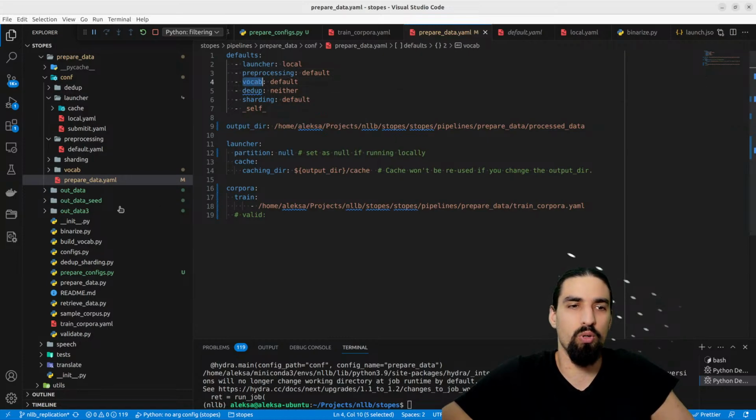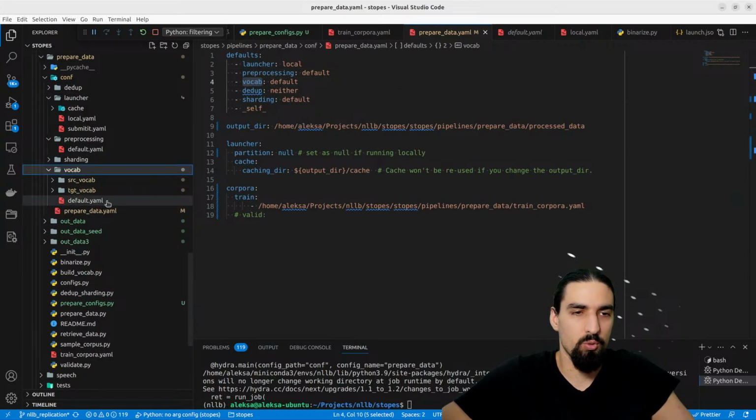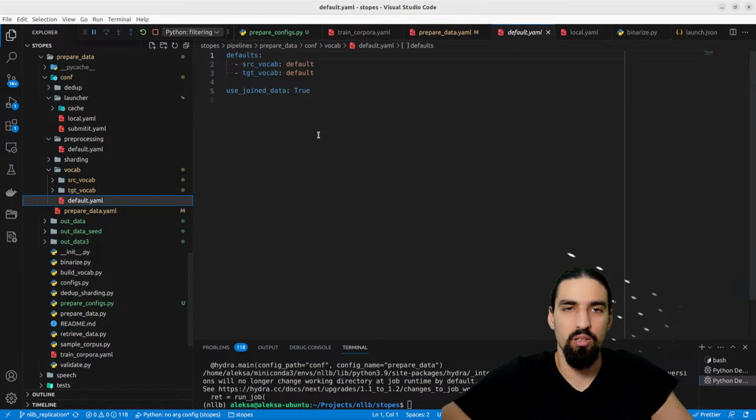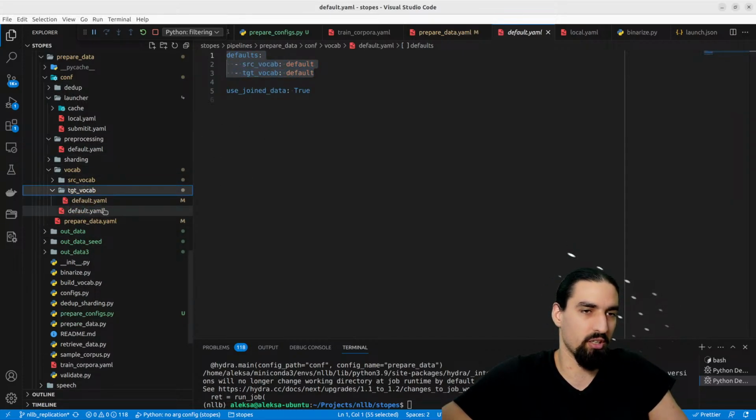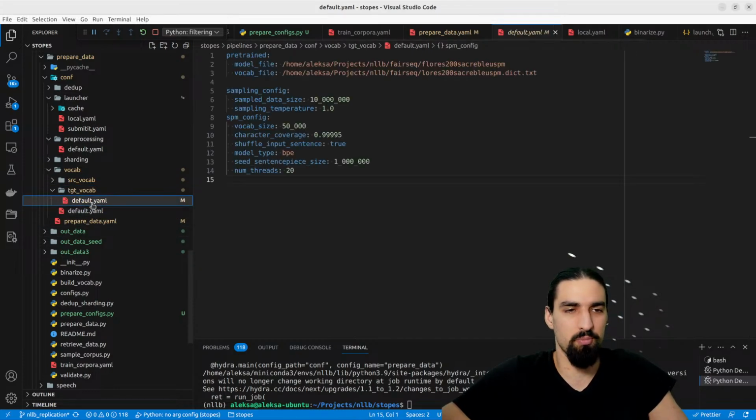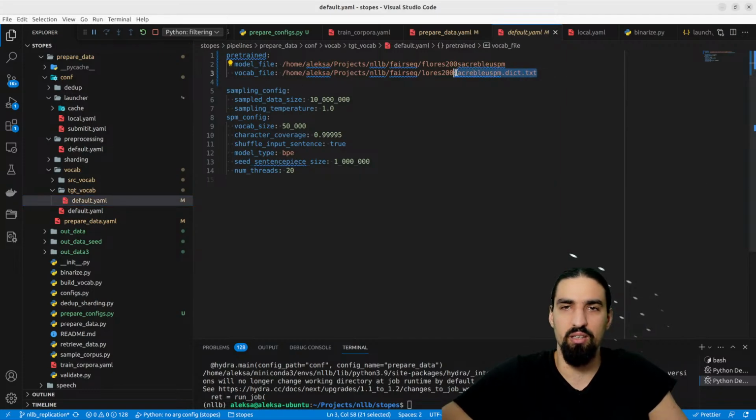Then let's go to vocab. Let's go to default there. So it just says we are using joined data, and then it delegates. This is, by the way, Hydra. This hierarchical way of handling YAML configs is called Hydra. It's Meta's open source project. It's actually fairly decent. So I did modify these because I did add. I downloaded the SPM 200, and here is the dictionary and the model. And so I just added those. Let me see whether